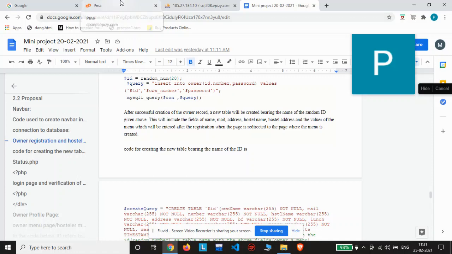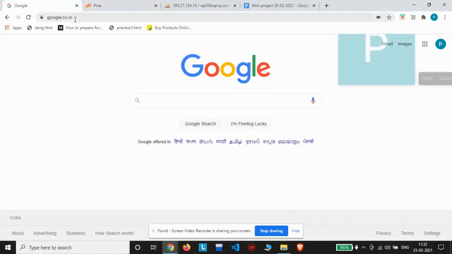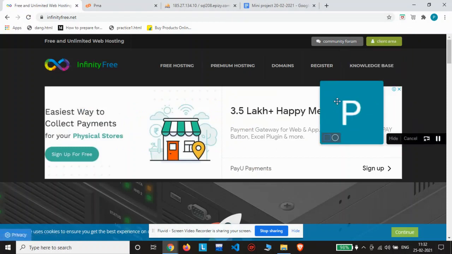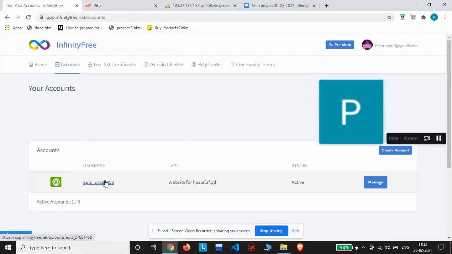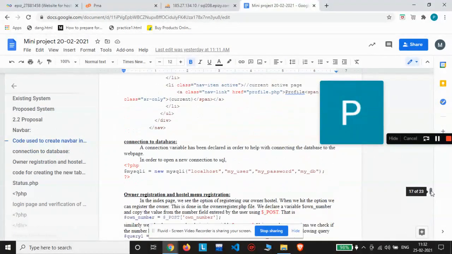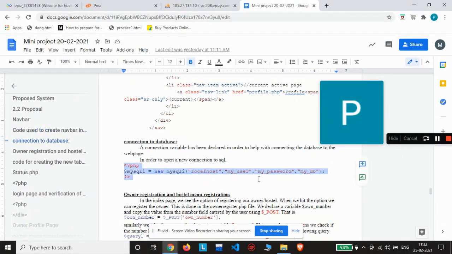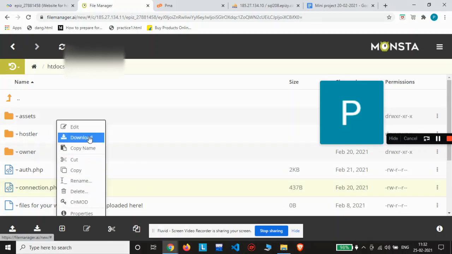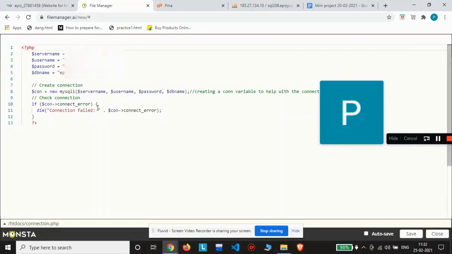connection. I forgot to show you the connection. Just a minute. I've already logged into my hosting account. I should have given the documentation for the connection also. This is the general syntax to connect to the database. But to simplify the process, we've predefined a connection variable, and these are the details. We've written code for this so that we don't have to keep entering the same syntax for connecting to the database. So this is the connection.php,